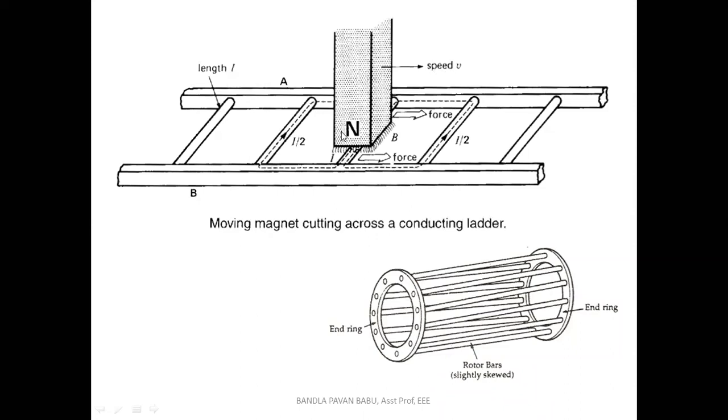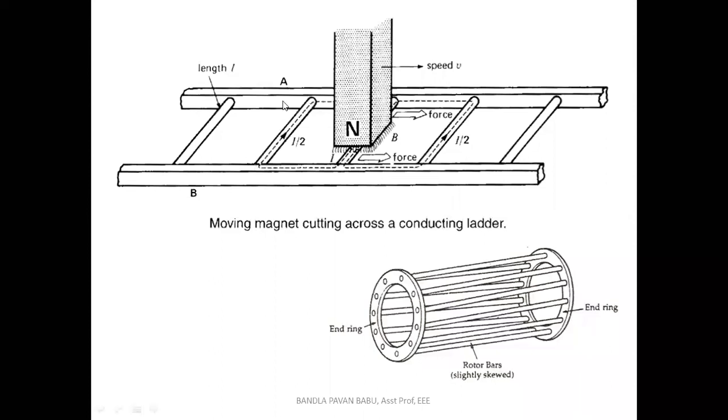This creates a varying magnetic field in the rotor, and because of this, an EMF is induced in the rotor, meaning the conductors of this ladder. But actually, we need the MMF, that is, the torque should be developed and the rotor should start rotating. We are not bothered about the induced EMF, but as per Faraday's law, there exists an induced EMF in the rotor conductors.